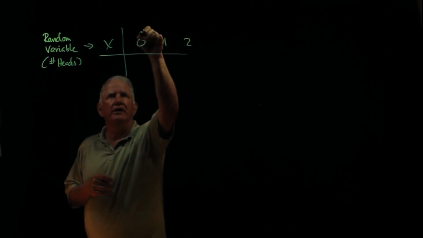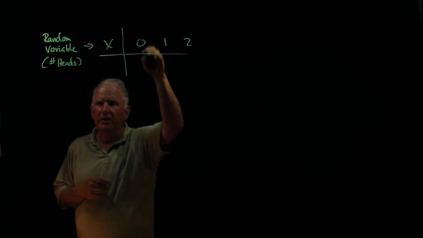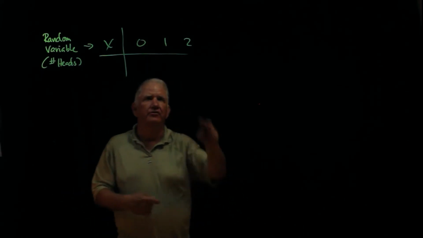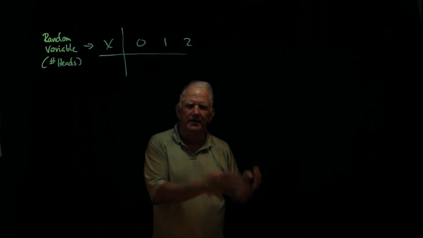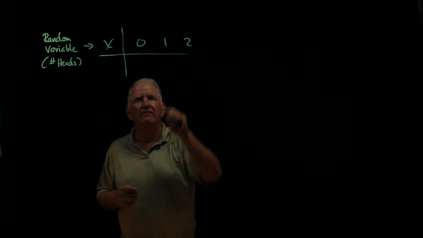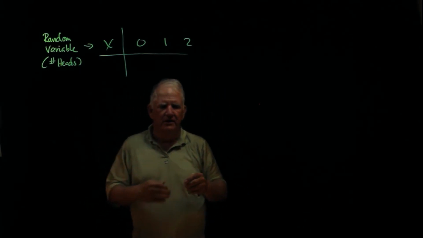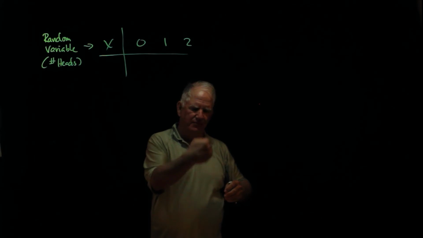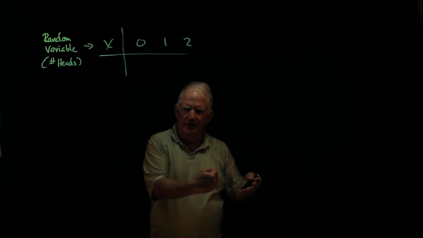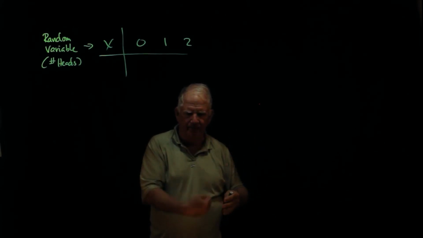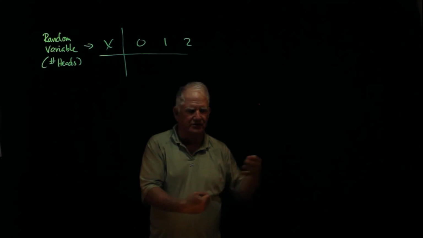You can have 0 heads in the outcome tails, tails. You can have 2 heads in the outcome heads, heads. And you can have 1 head in the outcomes first coin head, second coin tail, and first coin tail, second